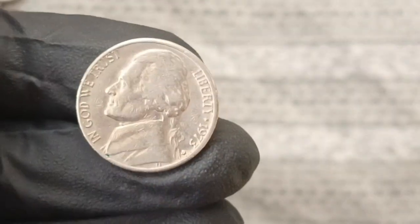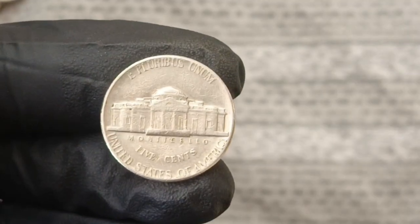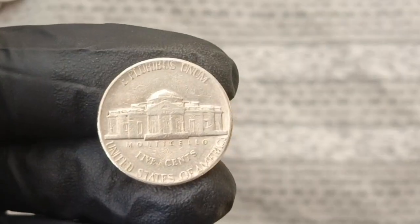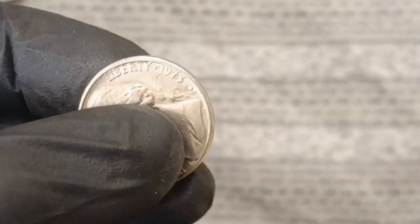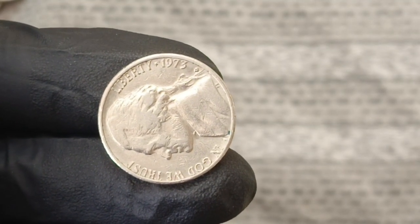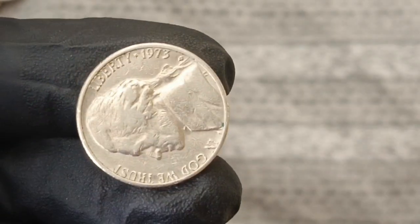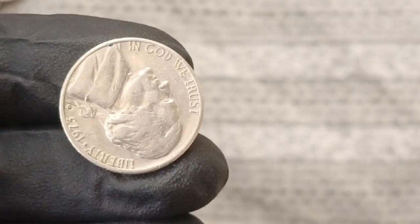Some speculate that it may have been taken home by a former mint employee as a curiosity during an era when oversight was not as strict as it is today, while others suggest that it was released accidentally during a mixed batch distribution and spent years in circulation before someone with a keen eye recognized its irregularities, and either origin story only serves to deepen the allure of this numismatic marvel, and there are reports that a similar coin was